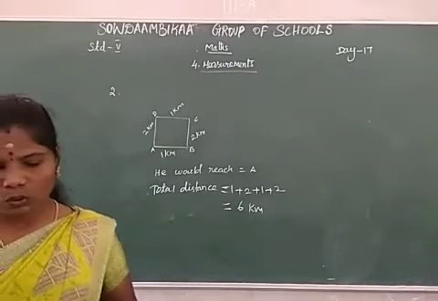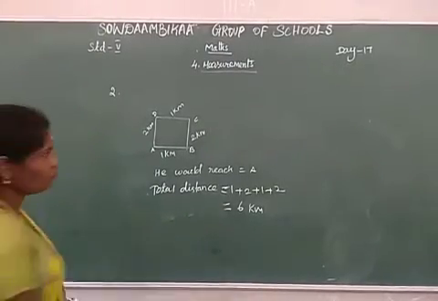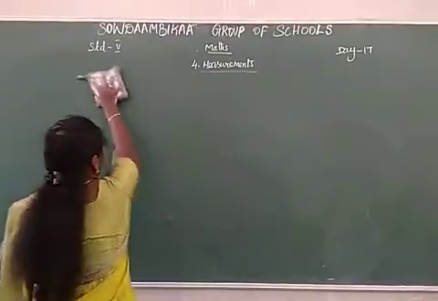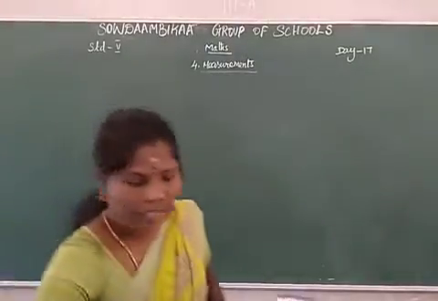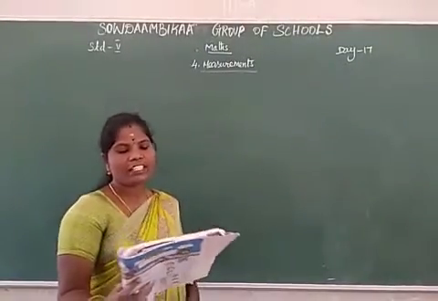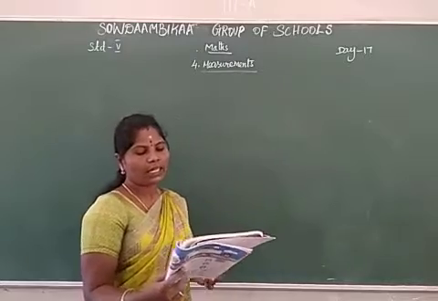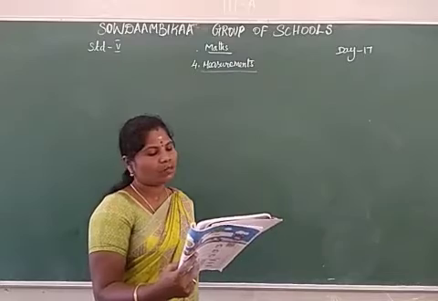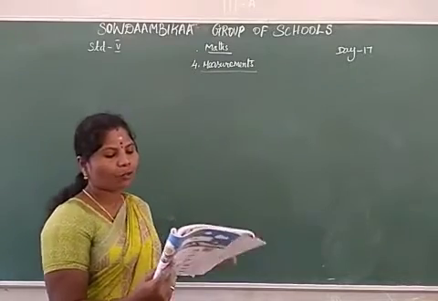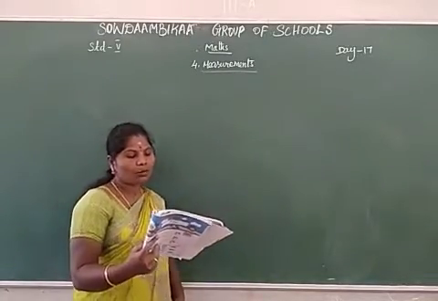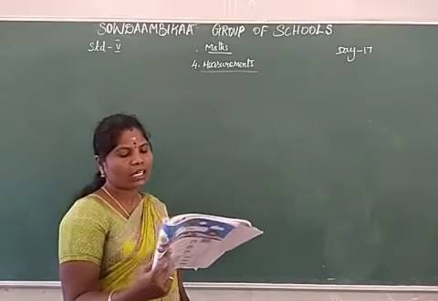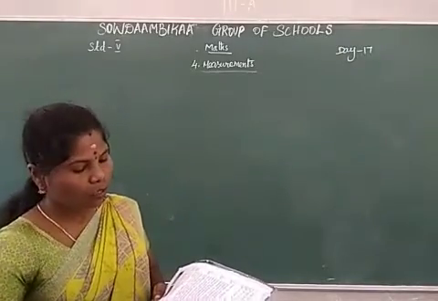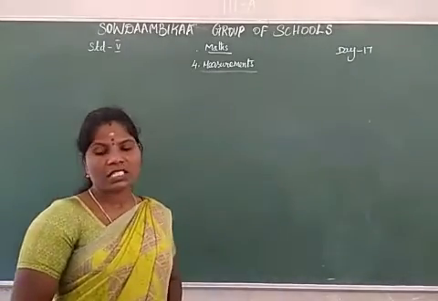Okay. Now see the third question. Sangeeta had just finished building a new house with garden area. She measured the garden area and found it to be 6 meter into 6 meter. Suppose she has to put a pole every 1 meter. How many poles are required? Each pole is of height 1.5 meter from the ground. Okay. What should be total length of the fencing material to fence the garden?